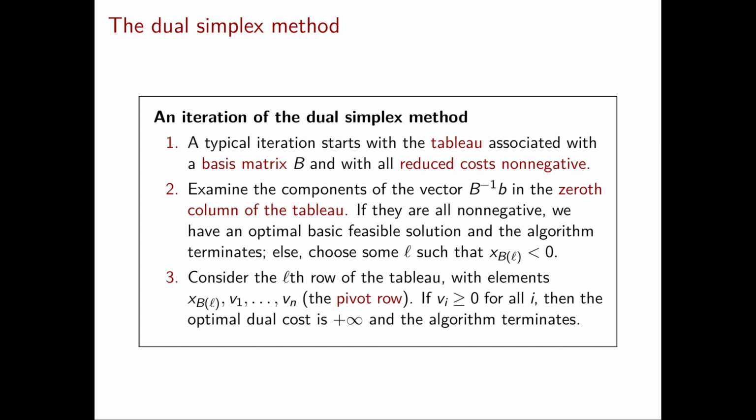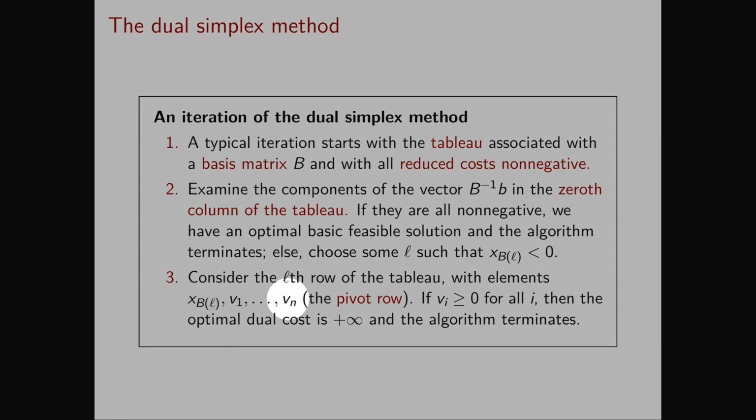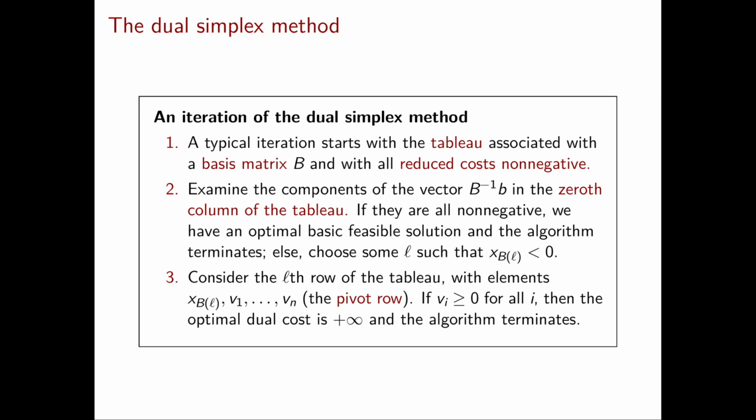If they're all non-negative, we have an optimal basic feasible solution and the algorithm terminates. Otherwise, we choose some l with x_B(l) strictly negative. Now we look at the lth row of the tableau. This row has elements x_B(l), v_1 until v_n. If all the v_i's are greater than or equal to 0, then the optimal dual cost is plus infinity and